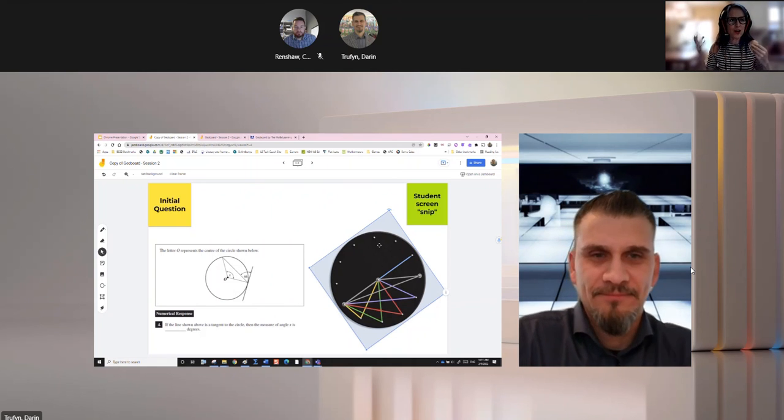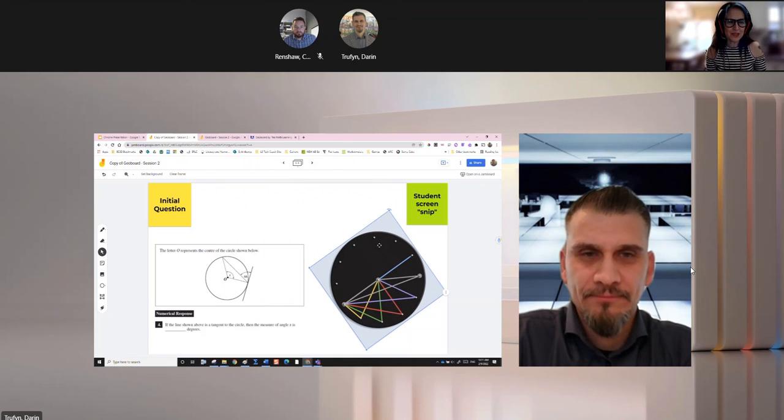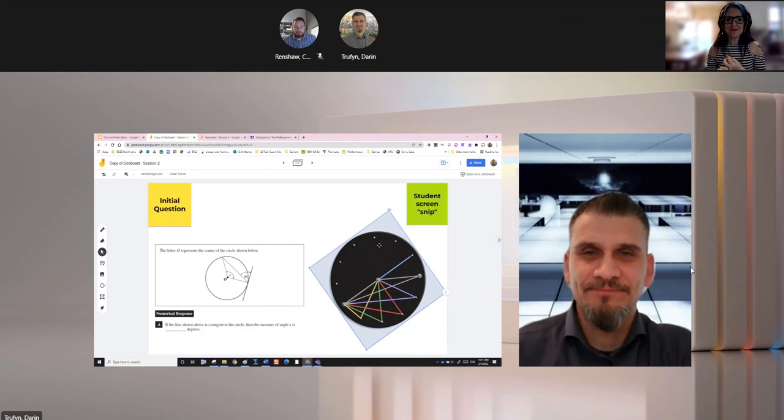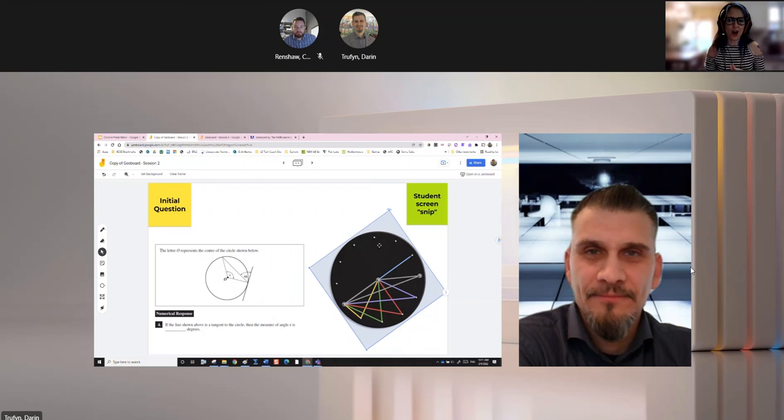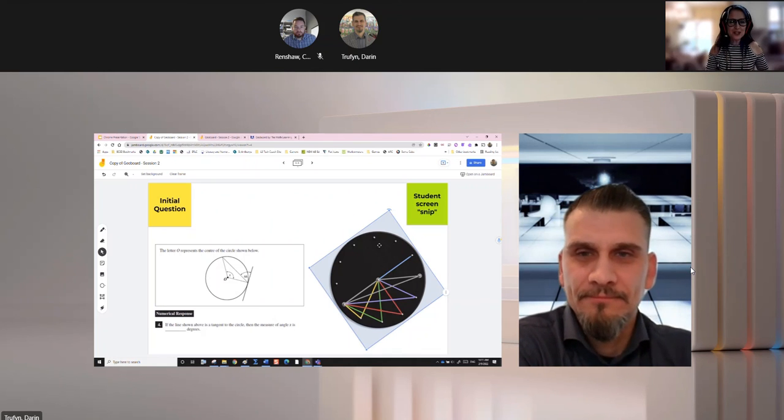these tools. I know for a concept that can feel difficult to teach sometime, which is circle geometry. But if you're wondering, yes, these slides are available below the video. Yes, you'll be able to get a copy of the Jamboard, the link to the GeoBoard app, and of course, just knowing that all of the different math resources that both Darren and Connor have created are available on their SharePoint slides as well. Feel free to reach out to any of us to be able to get some support